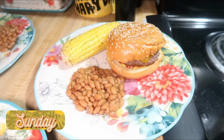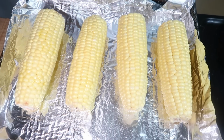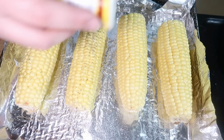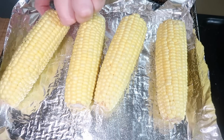Sunday night I made burgers, which is always easy, and to go with it I made some corn. I love utilizing my air fryer in the summertime. If I'm not out cooking the corn on the grill, I am doing it in the air fryer because it is so good. So I've just got them on my air fryer basket, but I did put some foil on there, and then I just spritz the corn with some olive oil cooking spray, and then you can use whatever